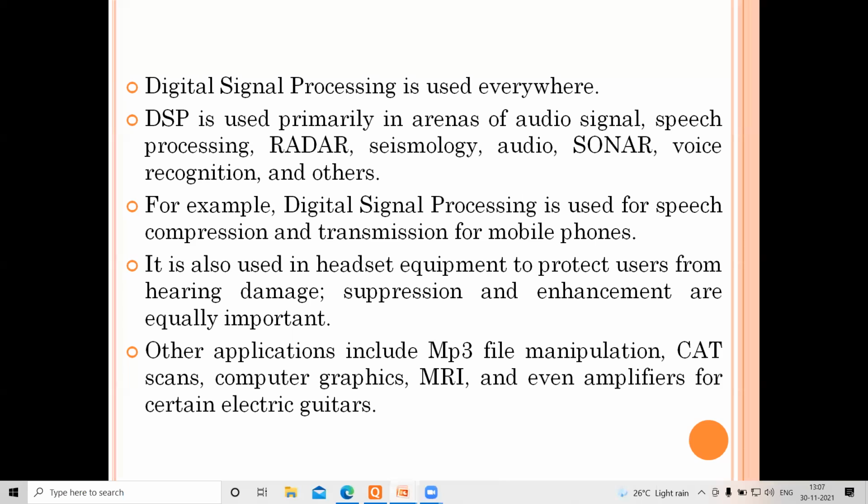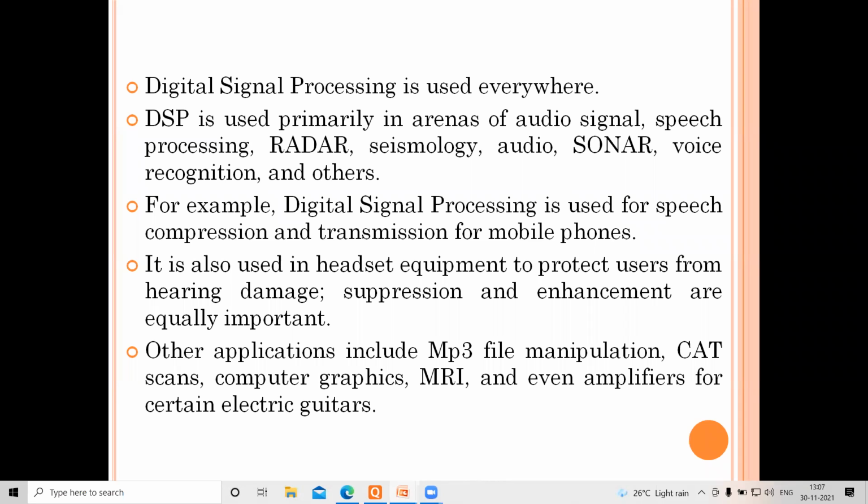DSP plays a very, very vital role. So it is important that we understand some of its applications, though it could be beyond the scope for me to talk of all of these. I'll try to be very precise and talk about one or two applications. Then the musical instruments, like your guitar and others, in all these cases also,